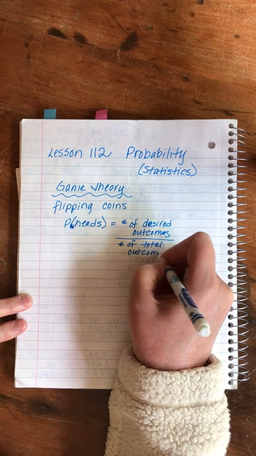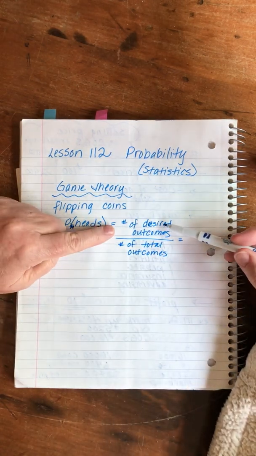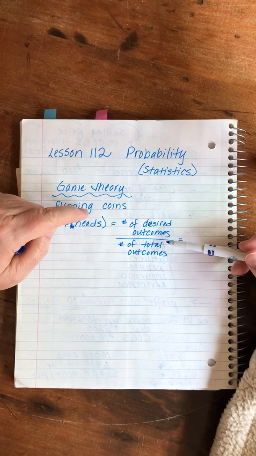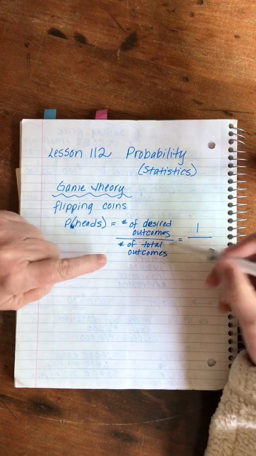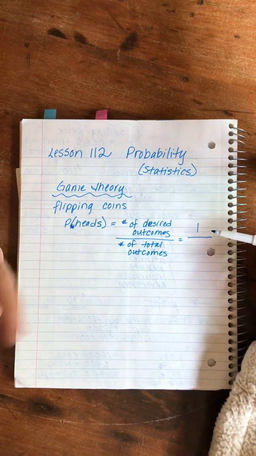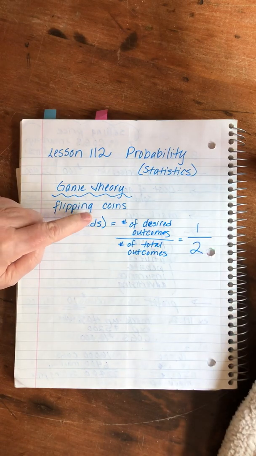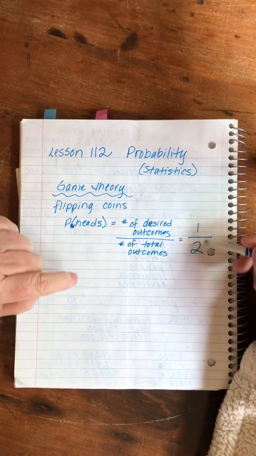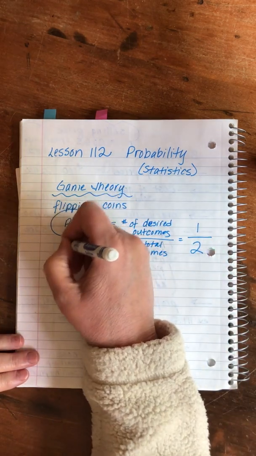Here's how you figure out the probability of something. We express it as a fraction. On the top is the number of desired outcomes. If we're flipping a coin, the only outcome we want is heads. Then you have to figure out how many are total outcomes. Well, if you flip a coin, you're either going to get heads or tails, so there's only two. So the probability of flipping a coin and getting it to come up heads is 1 out of 2. That's the basic idea. This is the formula that we can use